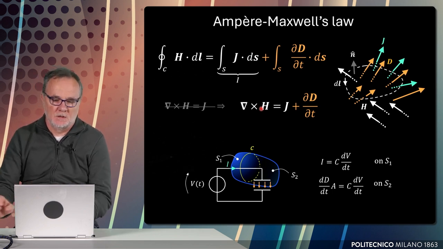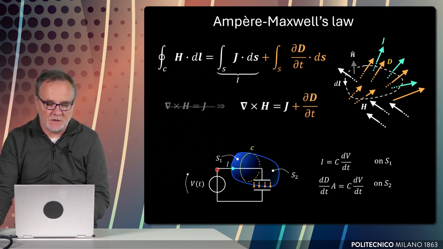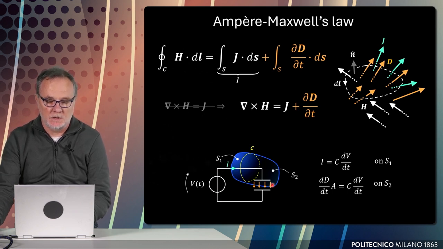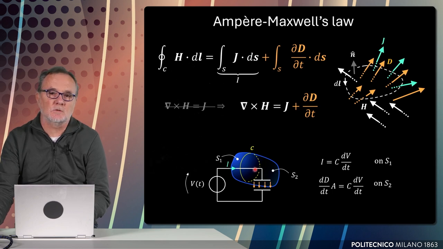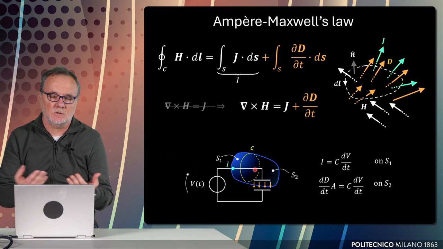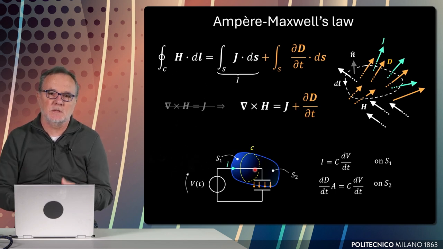Why this term? If we consider, for instance, the very simple circuit that is composed of a time-varying voltage source and a capacitor on this side, there's a current that flows thanks to the fact that there are time-varying phenomena, so that on the capacitor we know that there will be some current flowing in this circuit. We know this from, for instance, circuit theory.